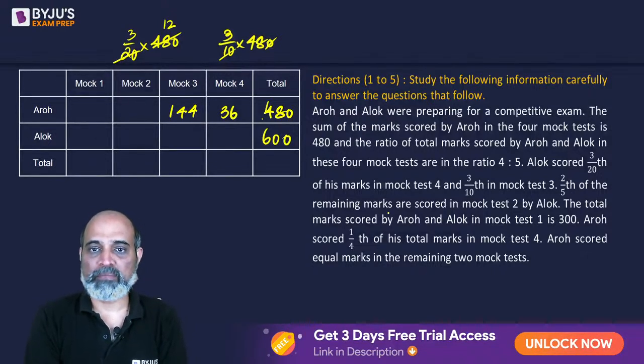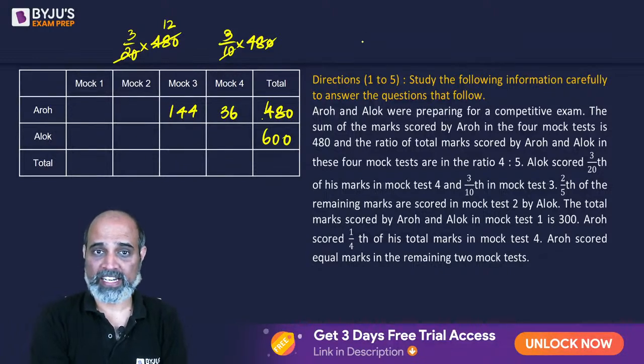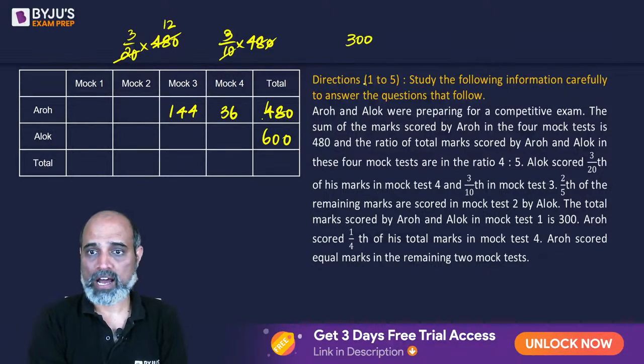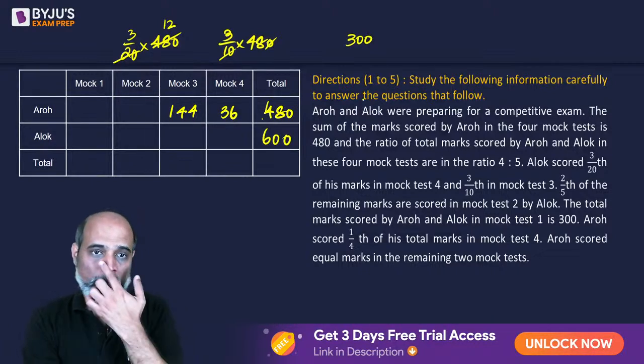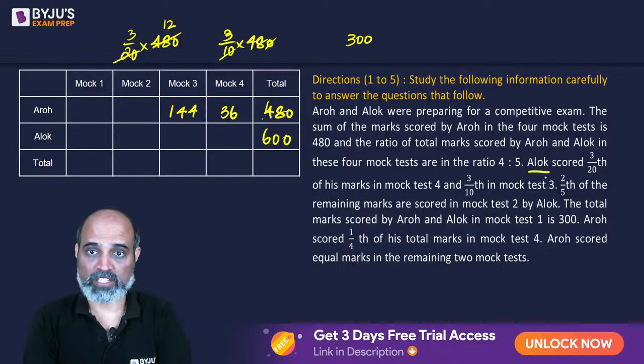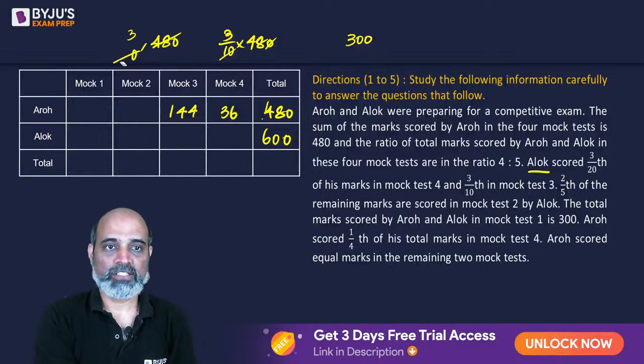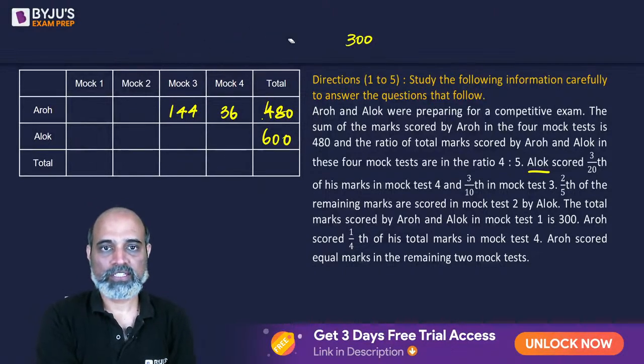2/5 of the remaining marks. So the remaining marks, how much is that going to be? 144 plus 36 is 180. 480 minus 180 is 300. So Aro, oh, sorry, it is about Alok. It's not about Aro. So,